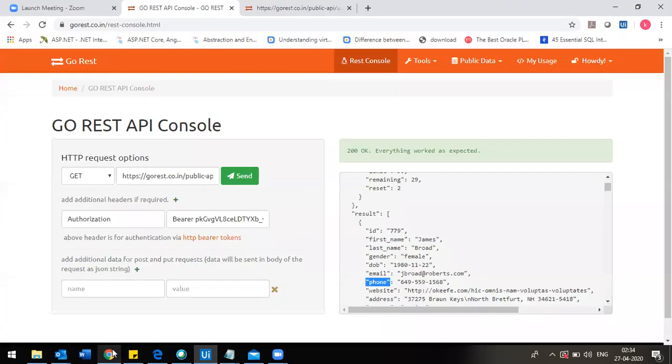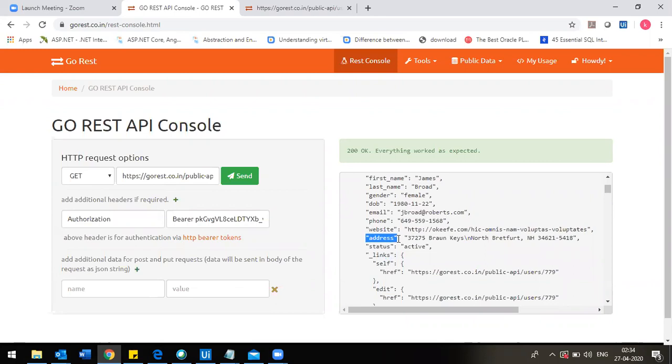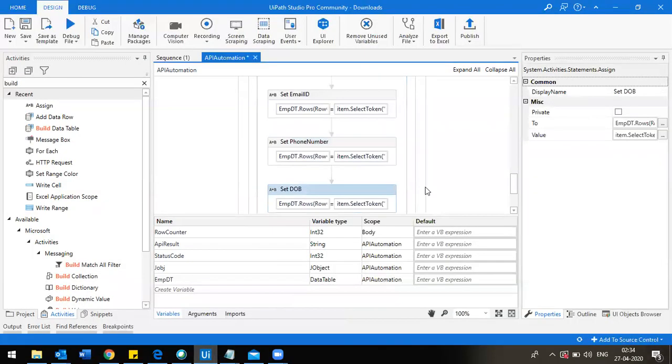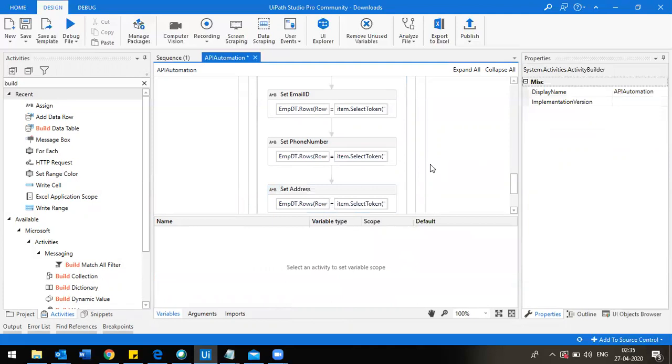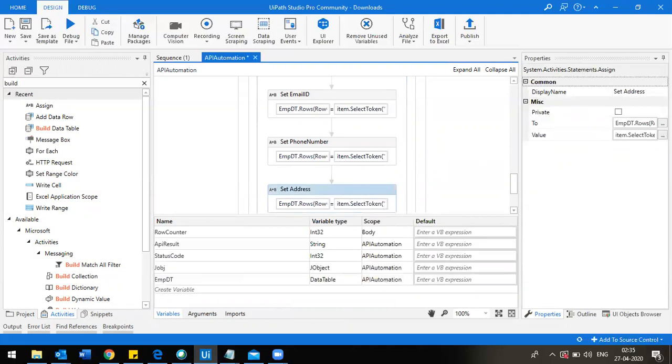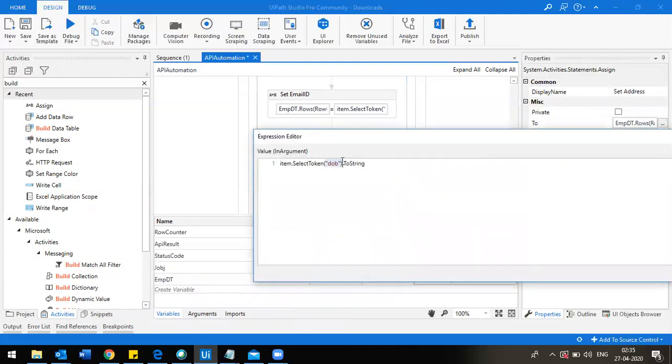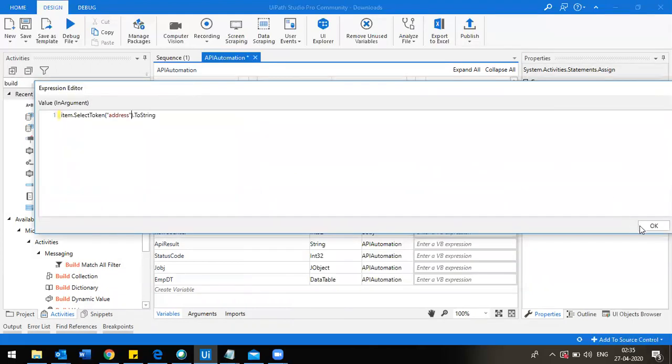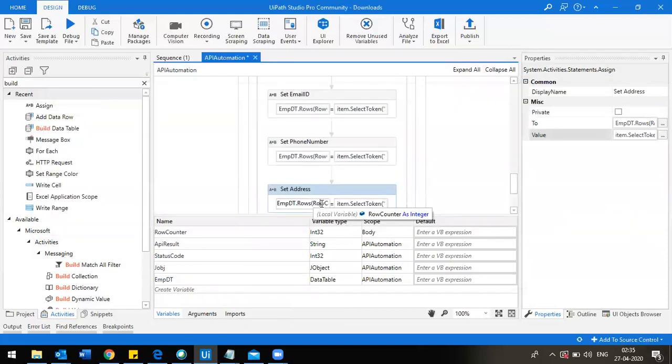and then address. So here it should be address.